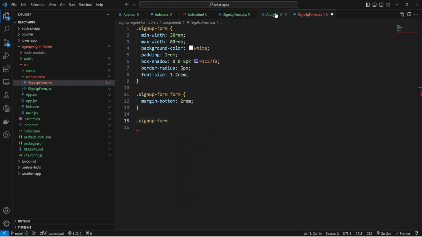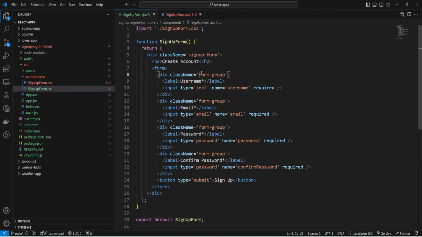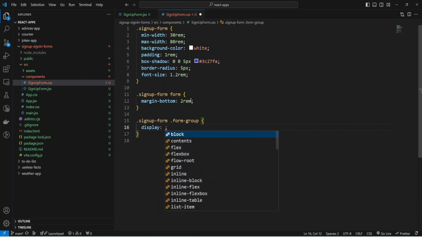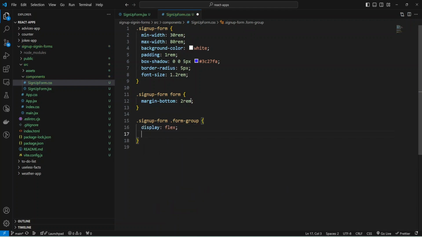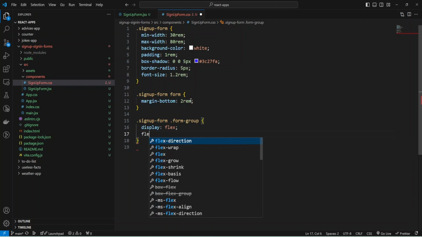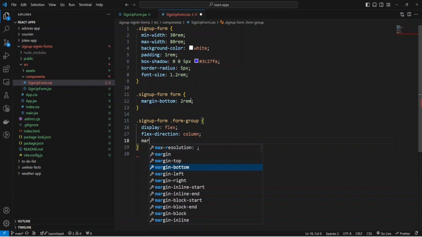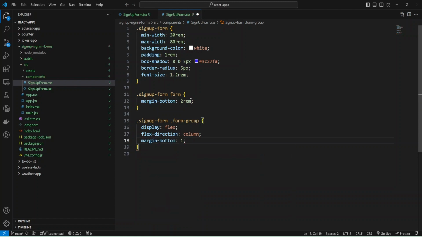Let me copy paste. You can close this. That what we don't need, and provide styles for my form group. It's a class, and make it display flex, and also add flex direction column, and add some margin bottom to 1 rem, and also make text align left.